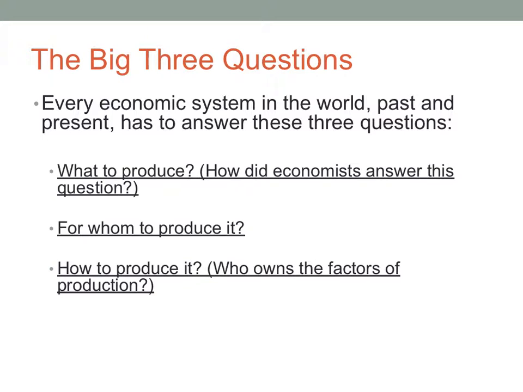All right. So when we're talking about economic systems, there are 3 questions that countries have to answer about how they're going to get things produced to their people, okay? So we're looking at what they're going to produce, who they're going to produce it for, and how they're going to produce it. Okay, so those are the 3 questions that really drive these different systems that we're going to look at today, okay? The what, the who, and the how, all right? That's what has to be determined.